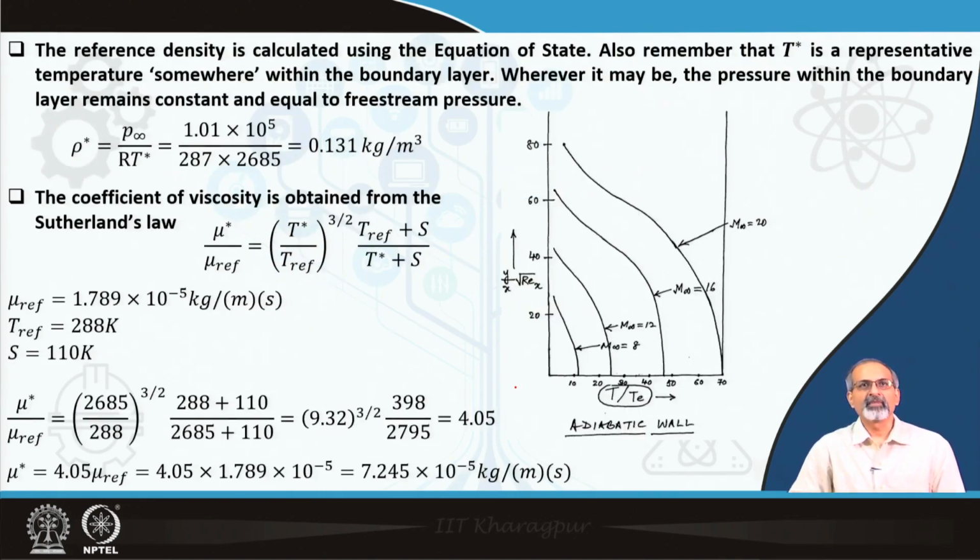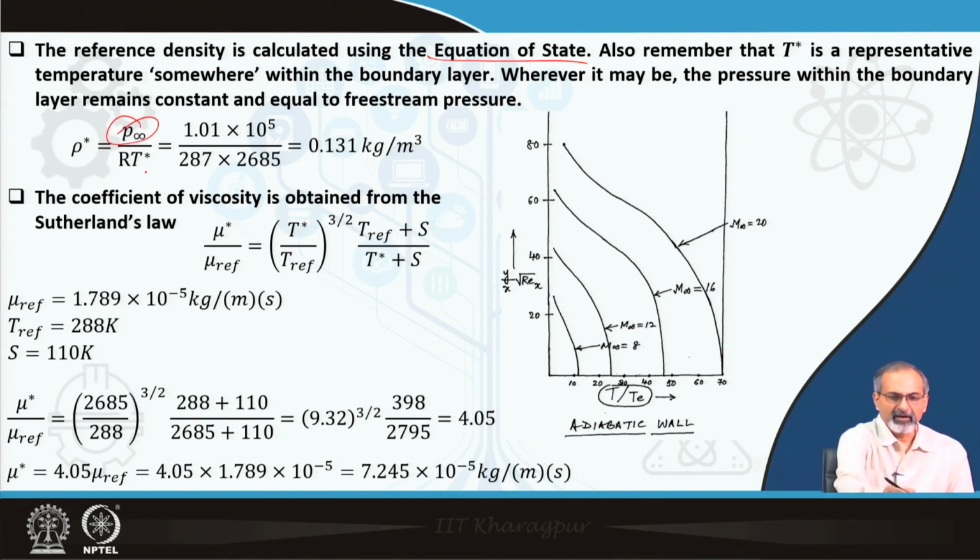we will see soon. The reference density is calculated, of course, using the equation of state. Remember that T star is a representative temperature somewhere within the boundary layer, though we do not commit exactly where it is. Neither is it important for us to commit. Wherever it may be, the important point is that the pressure within the boundary layer remains constant, and it is going to be equal to free stream pressure only, and therefore, we plug in the P value as P infinity, the T value as T star, R is of course the specific gas constant,